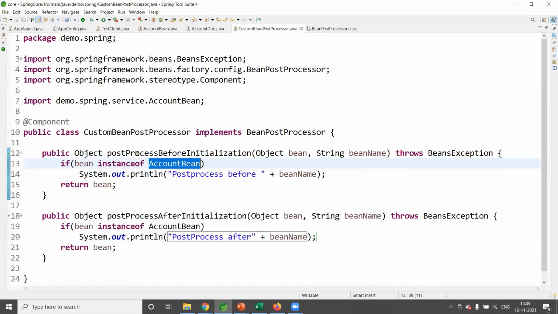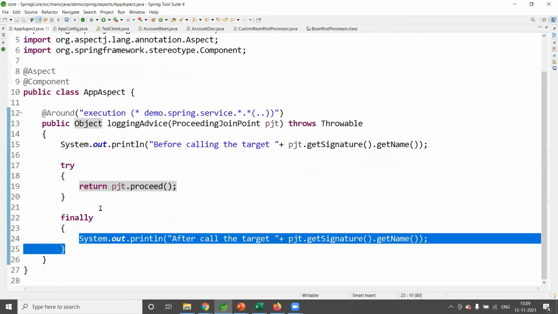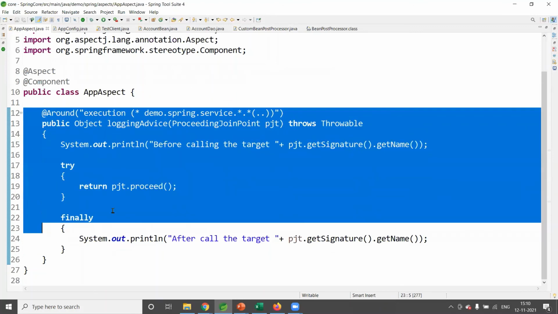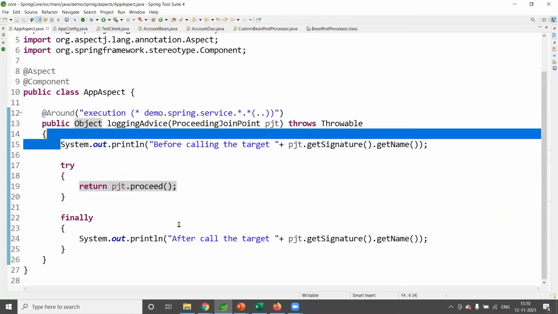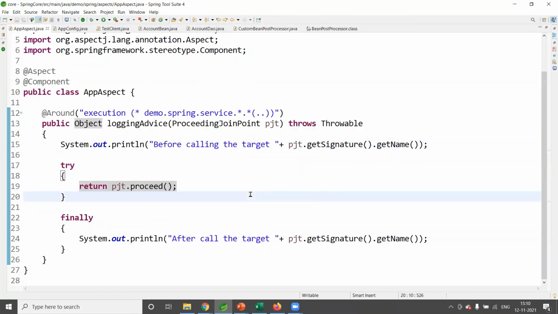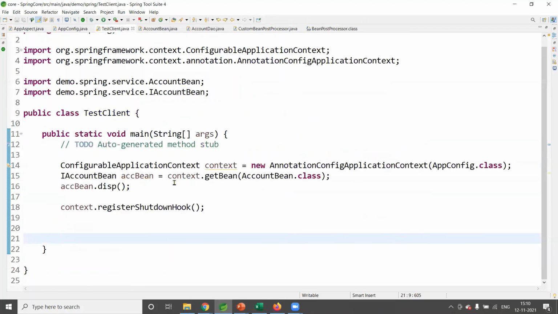Actually, this post processor has before and after. Similarly, in the advices also, if you see around advice, here also we have some functionality which is before and after. If you want to compare the post processor and around advice, the post processor is part of the life cycle. That means when the bean is getting created, once the bean is returned, the post processor job is done.